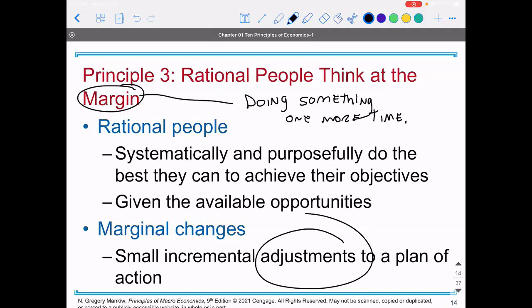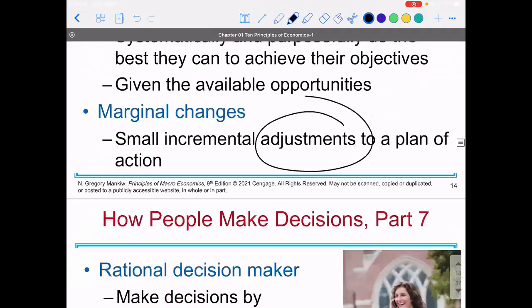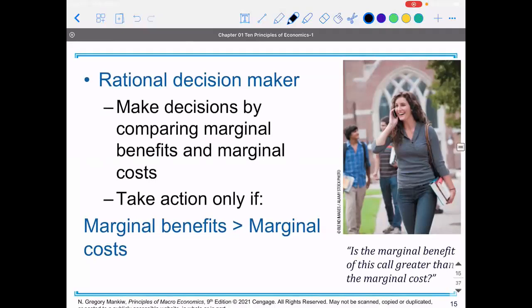If they just got the 50th cartridge because that's what they do, then that person is irrational, because there's no way the benefit of having a 50th backup printer cartridge could compensate for the cost of storing it. That's what we mean by rational people thinking at the margin,